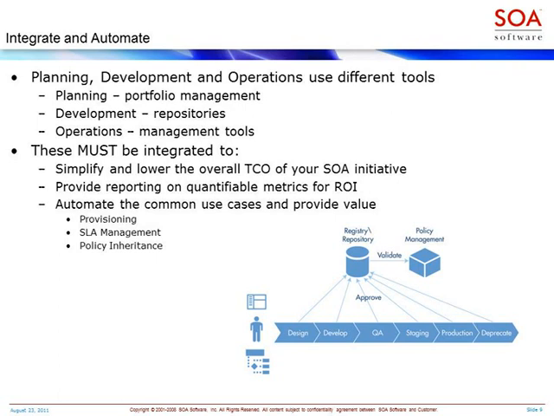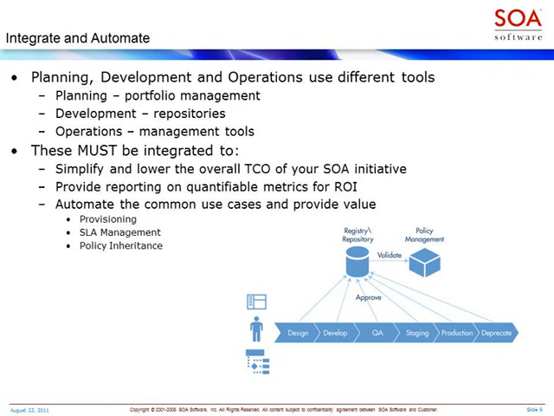Once you integrate those tools together, it's very easy to create reports that say, well, I have these three services produced by this application. It was developed 20% quicker than the version before it, and it is specifically designed to meet the following three business initiatives. The other thing that automation and integration provide is a lower total cost of ownership. The highest cost inside an organization is people. The other high cost is, of course, QA and support and management.